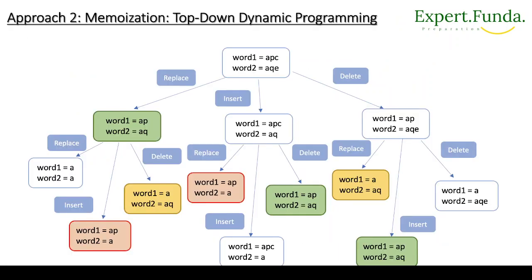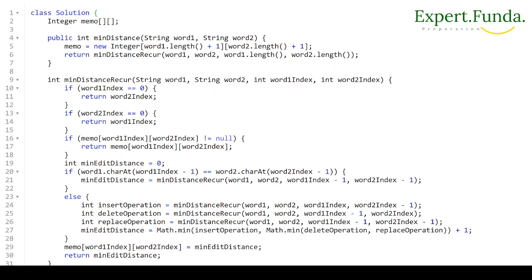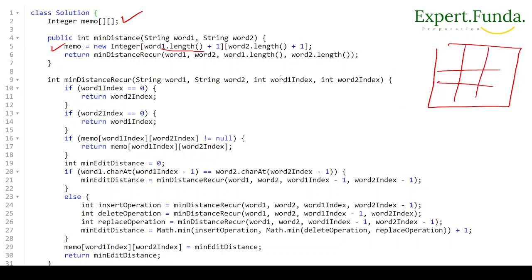So now we will see the memoization way, because that code will give you a time complexity issue. In this part we will make a memo and store it, with I+1 and length+1, so you have a matrix. You increase I+1 and J+1, and the rest of the thing will remain the same. We will check if it is already calculated, and if so we return from that index. If not, we take a minimum distance. If both characters match, the minimum distance is 0. If not matching, we have to insert, delete or replace, any of the operations, and we'll